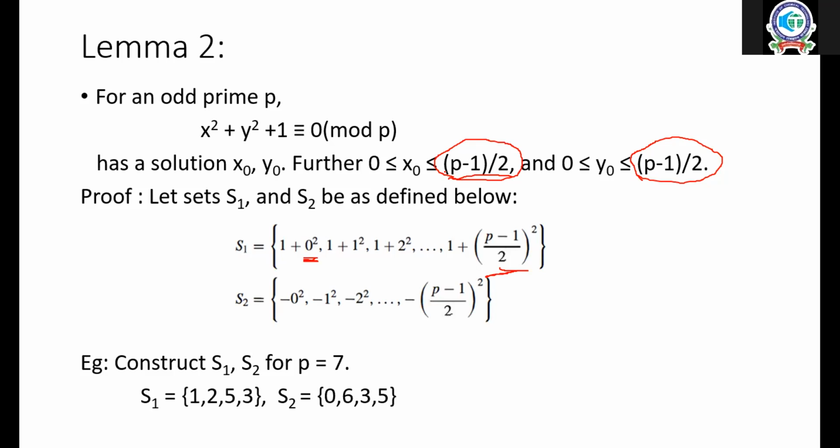Yes, right? When can a plus b be 0? If both a and b are 0. Very good. But in that case, both are equal, right? If one of them is 0 and the other is non-zero, then it strictly lies between 0 and p minus 1. Right? Yes. So both are 0, and then both are equal.